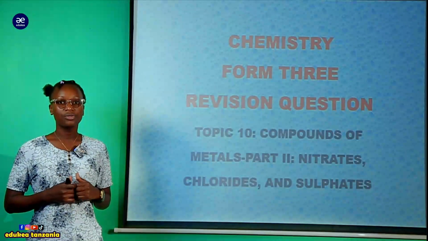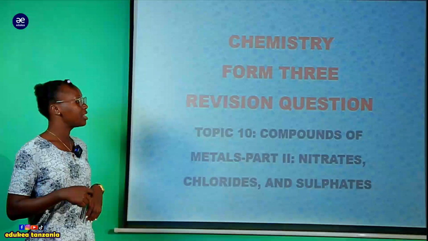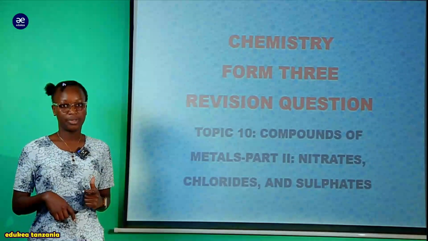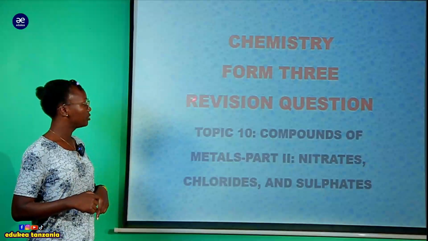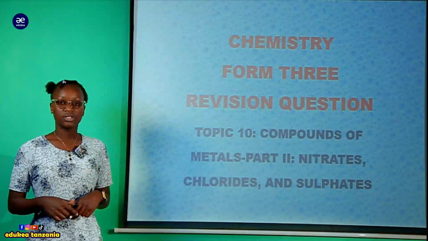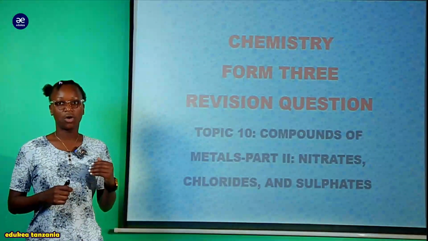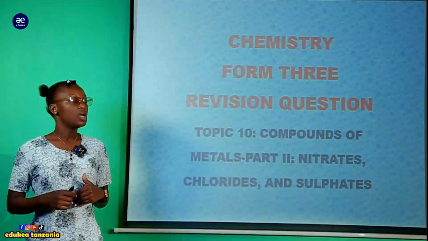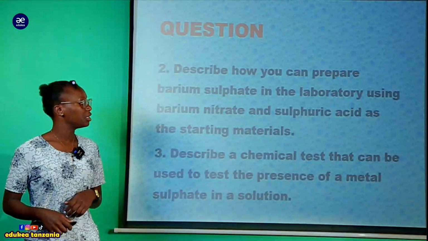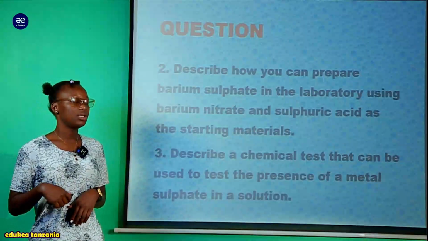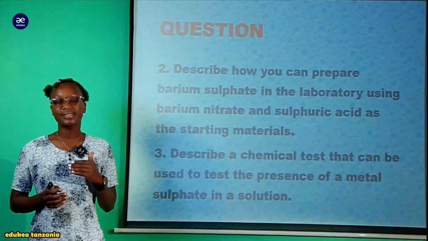Today we are going to run on our chemistry subject and our class level is Form 3. As I've said, we are making the discussion, so we are proceeding with the revision questions of our topic known as the compound of metal part 2. For today, we are making the continuation in question number 2 and question number 3 of our exercise